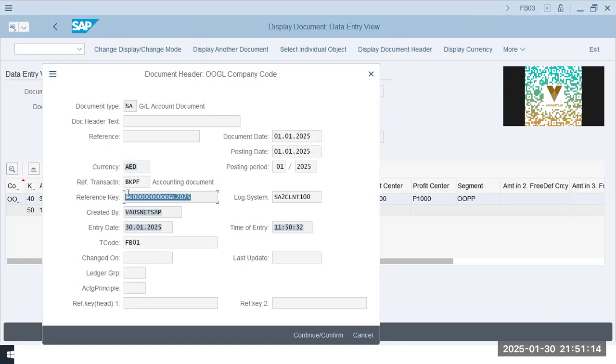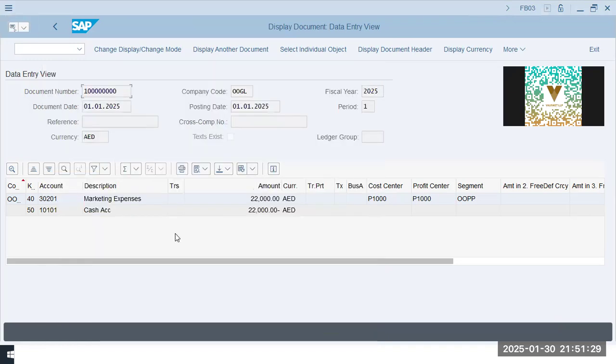And this reference key is also used for integrations, right? And what was the GL document type? This is very important when we are dealing with integrations and with postings as well, that we'll see in MM. Now, posting key is basically, this is 40, where marketing expense is getting a debit, and 50 is basically a credit for GL accounts, where cash account is getting a credit. Cost center was